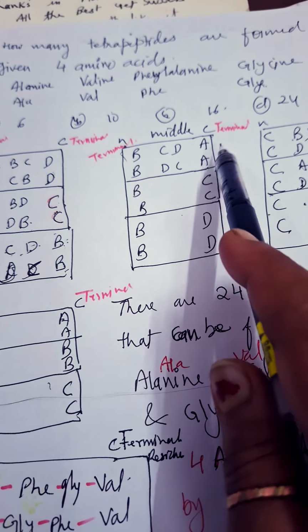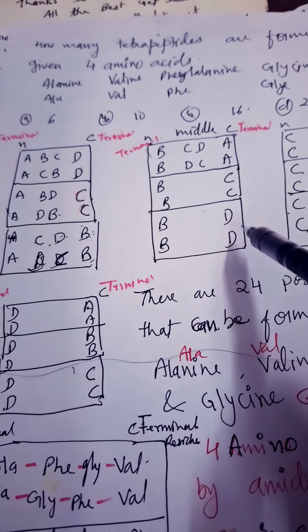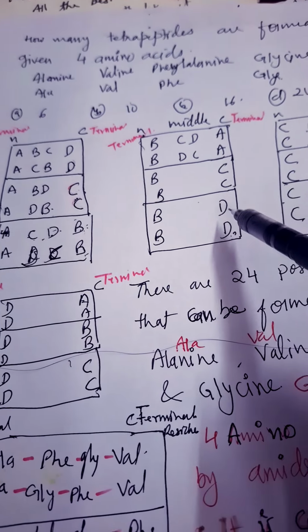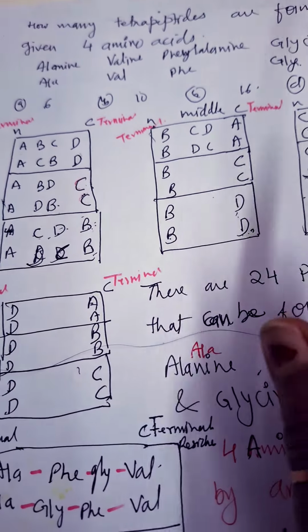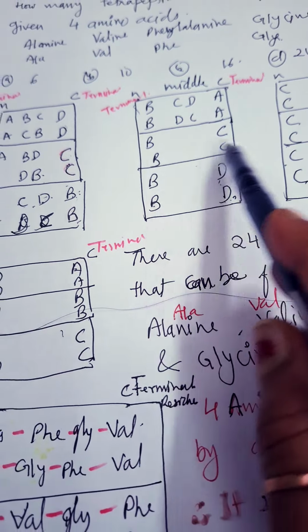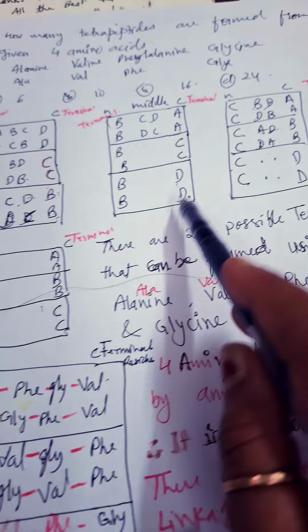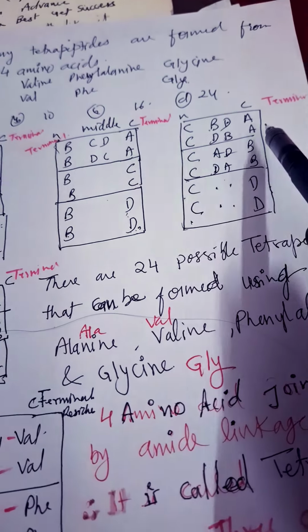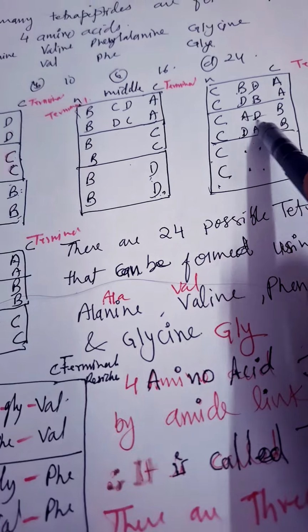So B, A, C and D. A, C, C, D, D. Okay, I can write in any way. This can be up or this can be down, anywhere. But to make this very easy, I have done this. Okay, BC, and the rest over here, exchange the position. BD, like this, here CC and terminal, and different terminal A, BB, DD, and select the rest.